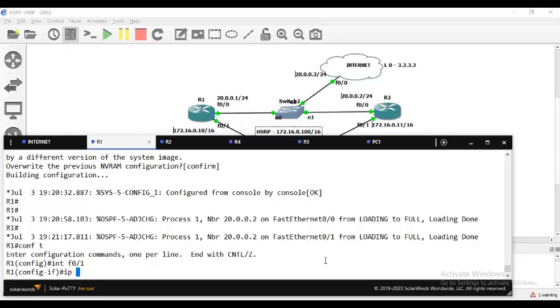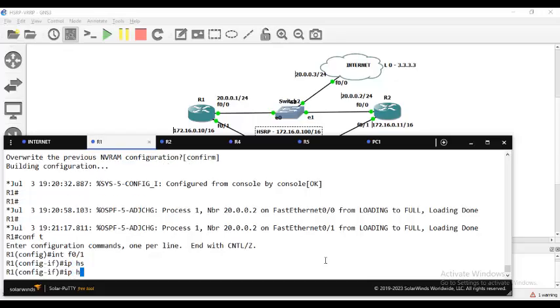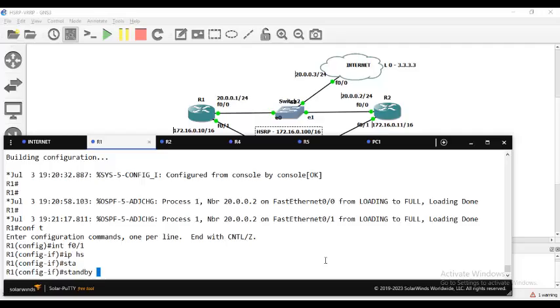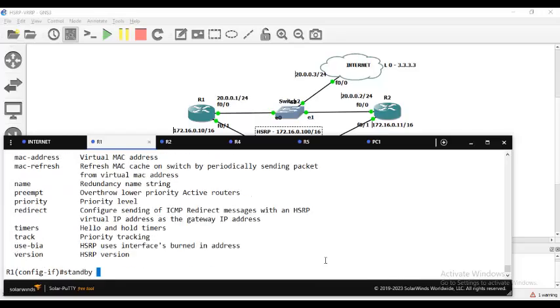IP, HSRP, no, IP, sorry, standby. Okay, that's the command, standby, and then give one ID. You see, you should give one